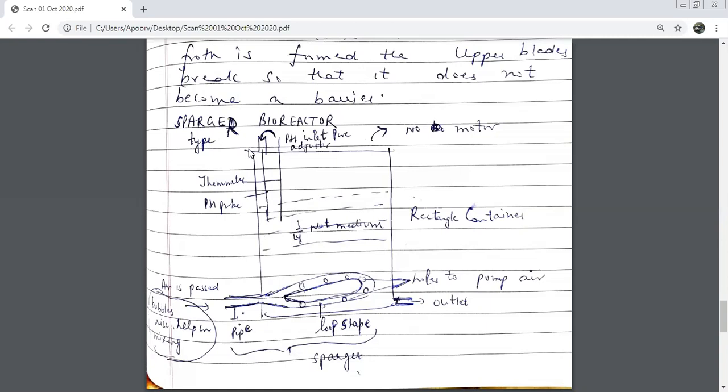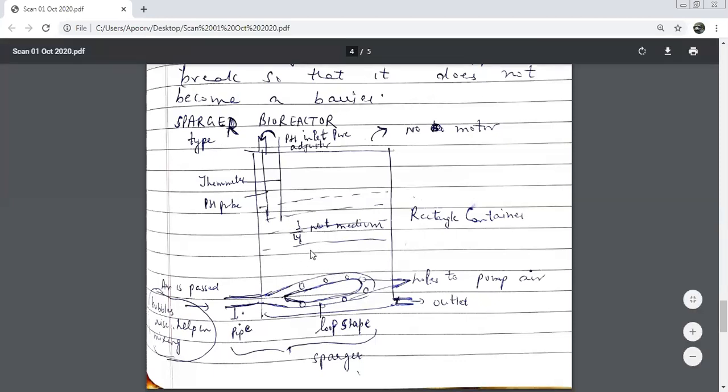Here, beta, basically oxygen availability is ensured. So air is bubbled through the reactor. Basically here mixing is being done with the help of what? Air bubbles. Air bubbles are being sparged. What do we say? Air bubbles are being sparged. It means we will pass air bubbles through the sparger, so that they come under high pressure. When these air bubbles are released from the holes, they will mix everything in this container.